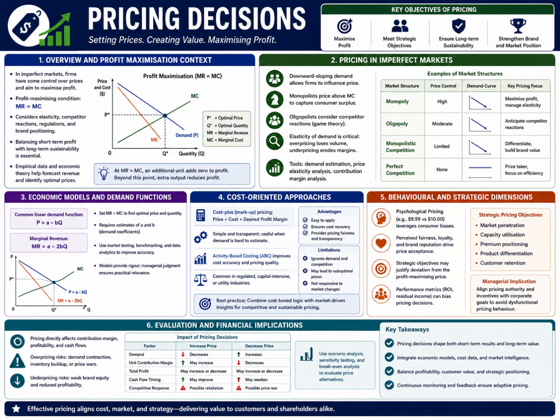In imperfectly competitive markets, such as monopolistic or oligopolistic structures, firms face downward-sloping demand curves. This allows them to influence price but also requires careful attention to elasticity and strategic interdependence. Pricing decisions in these markets are guided not only by internal cost data but also by expected competitor behavior and